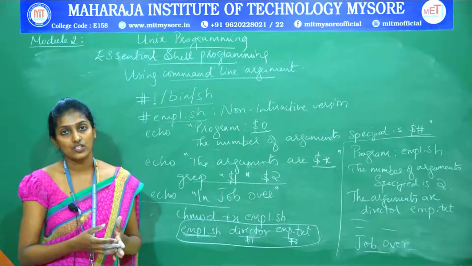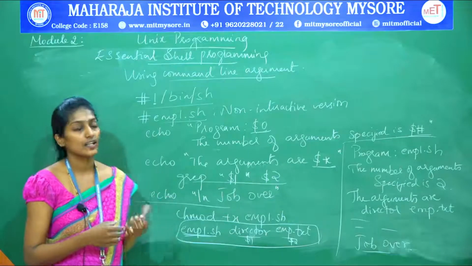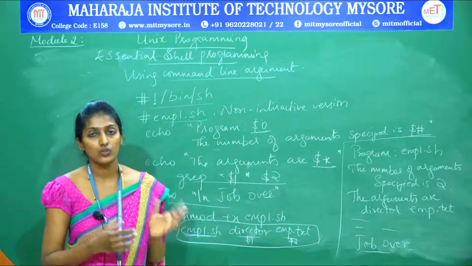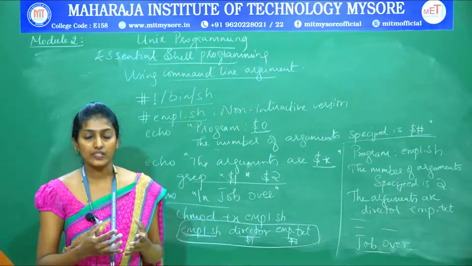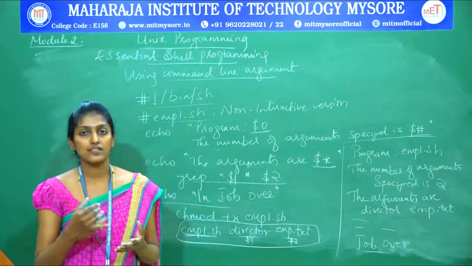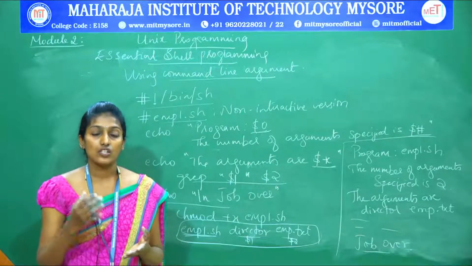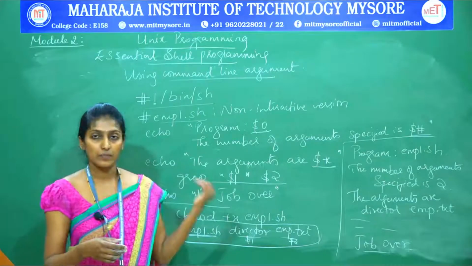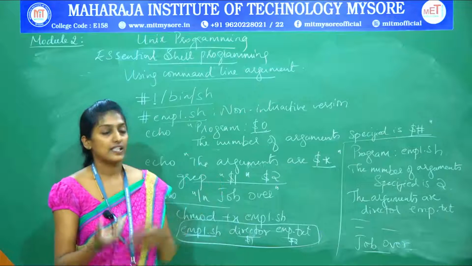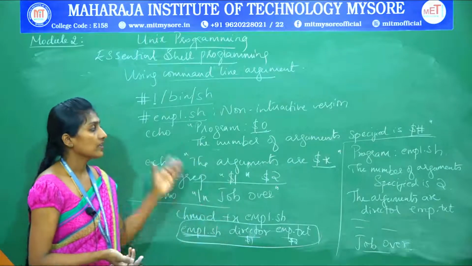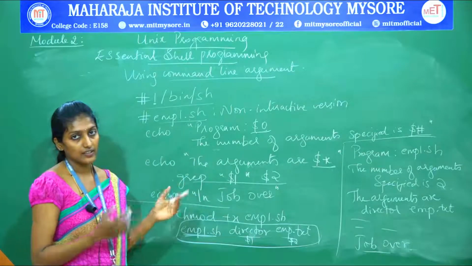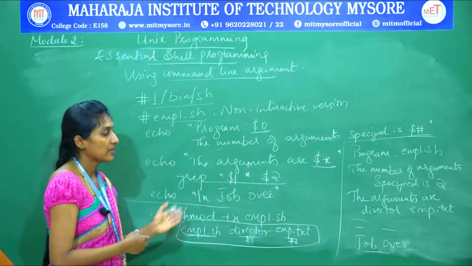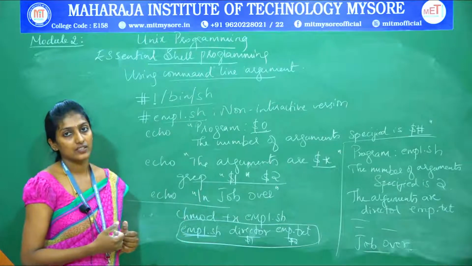So this is about today's session. In today's session we have discussed essential shell programming, how to write a simple program using a shell script. Initially we discussed what a shell script is, next what an interpreter line is, then which shells are available, followed by a simple example of a shell script, next followed by how to interact with a user using a read command in the script or program. Next, positional parameters we have discussed.